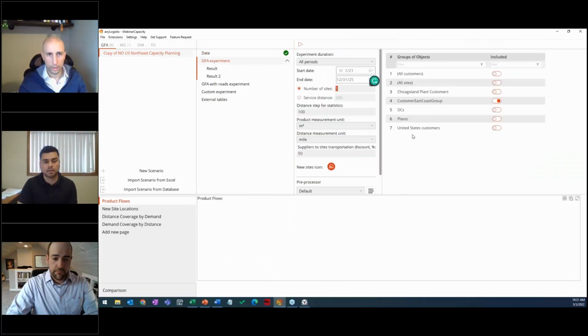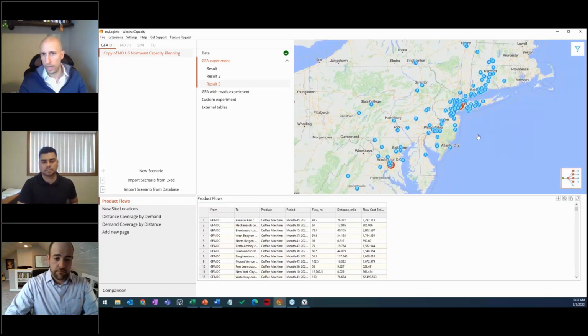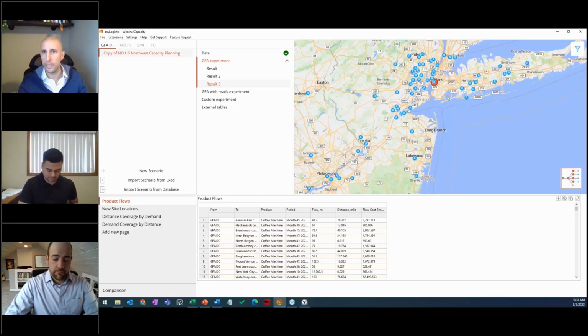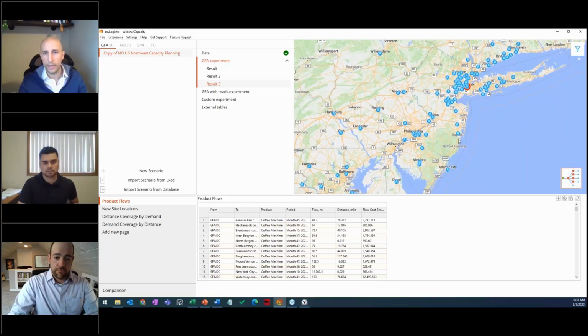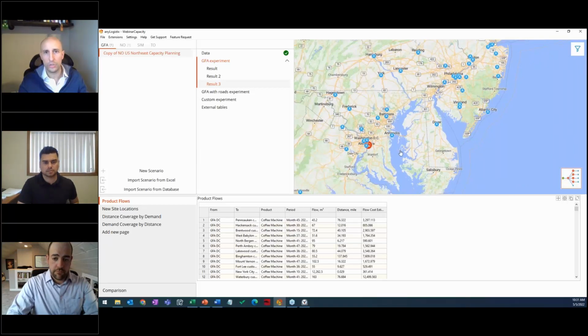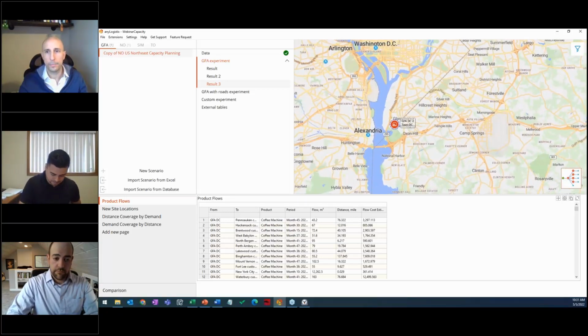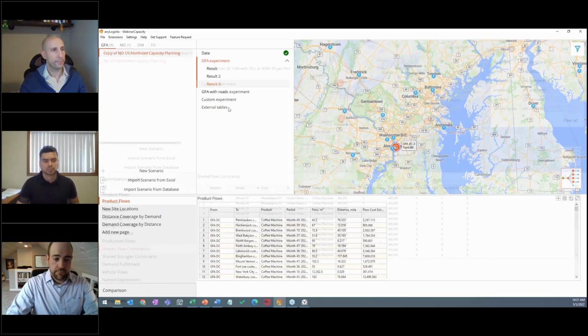So let's do it here. I'm going to change this 1 to 2 and then run it again. And here we go. As we have a lot of customers in the New York area, this warehouse, the GFA still suggests to have something in this area. But look at this, it would be beneficial to consider another DC around Alexandria. Got it. All right. Okay, good. So I'll pass it to you, and we can evaluate the cost and the advantages of these DCs.